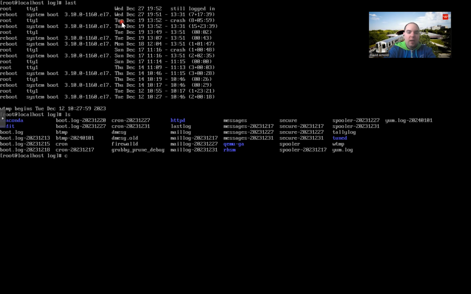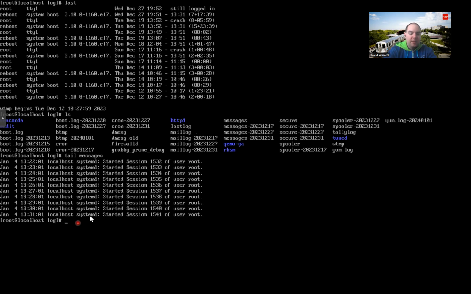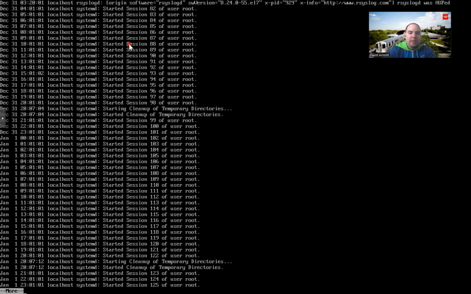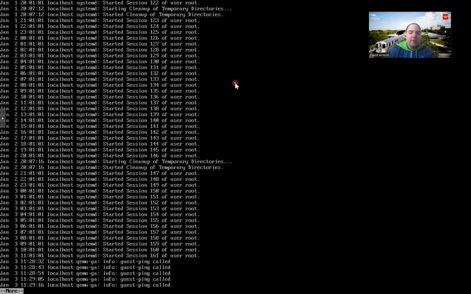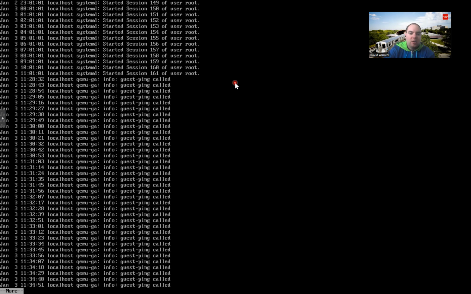We can go ahead and take a look at messages, tail messages. Again, information regarding some logons. We'll just fully look through this one. We see, again, mainly root, some cleanup of temp directories. And this will be one of the primary things that you may look at. I believe this gives you a more general collection of things that are going on within the system. So as you can see here, we see some ping requests,